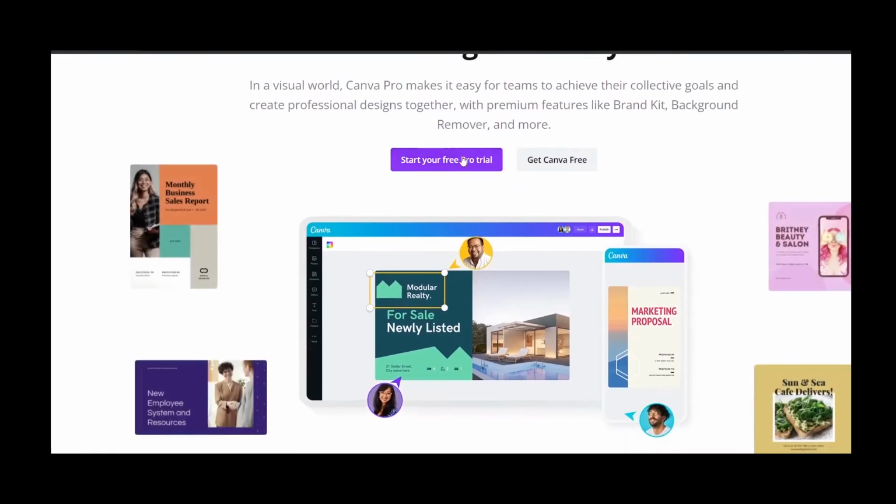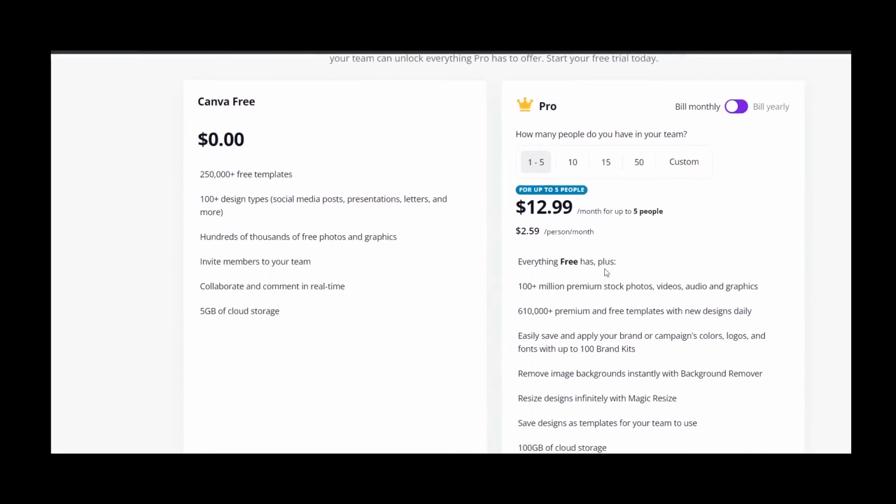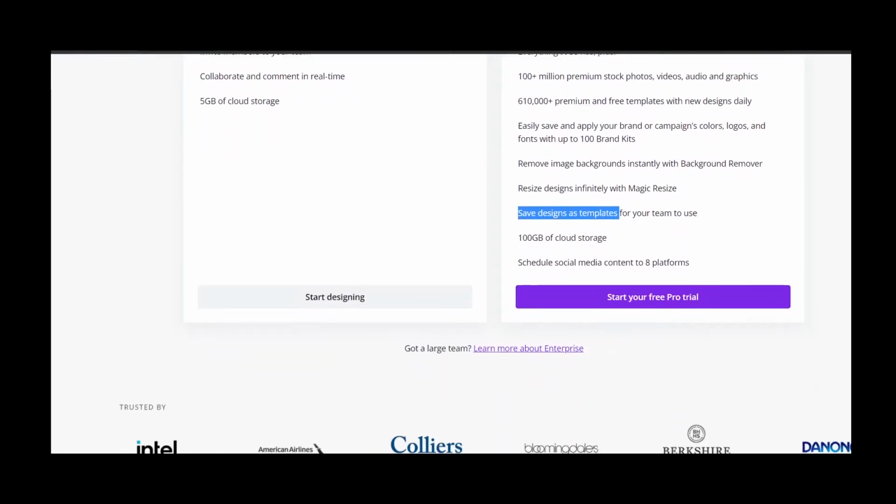As aforementioned, there are a few advantages to Canva Pro. Through Canva Pro, you will get access to more premium templates. You can save the template and share it with others. Canva Pro membership can be shared like Netflix, so feel free to share with your friends and colleagues if you are signing up. I don't want to entice you into using Canva Pro. Personally, I believe the Canva free option should suffice for our purpose. In my case, I'm going to opt for the Pro free trial, and after 14 days, if I don't see the necessity, I will downgrade the plan to Canva free.